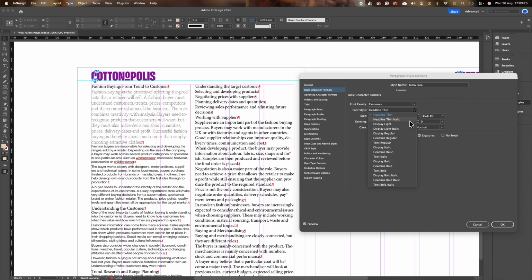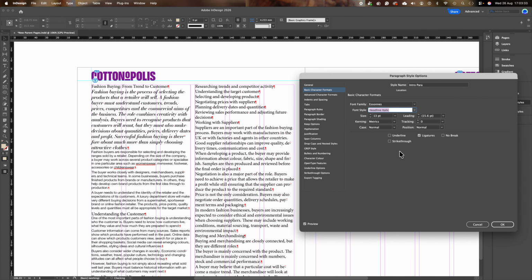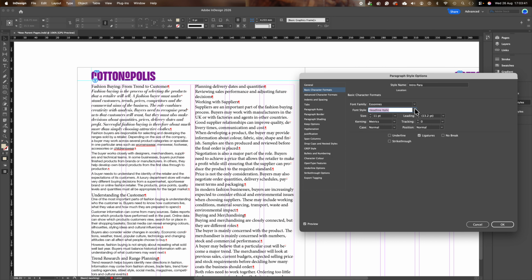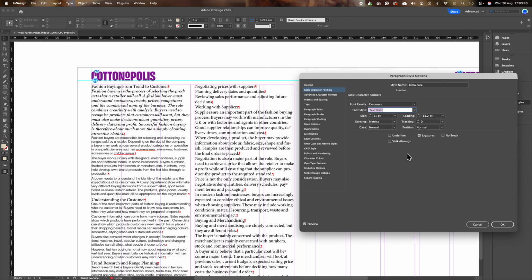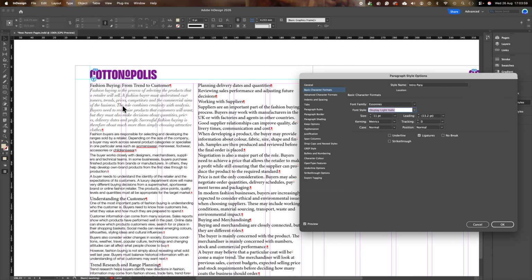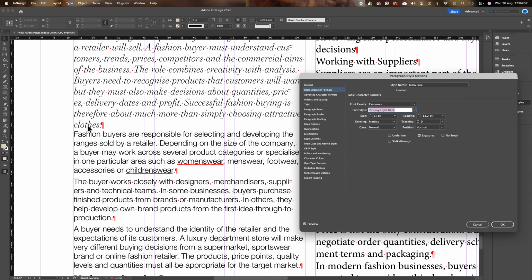I think I'm going to go for maybe a headline italic, possibly. A bit smaller perhaps, a bit smaller again. Okay. That's better. I quite like this display light italic,